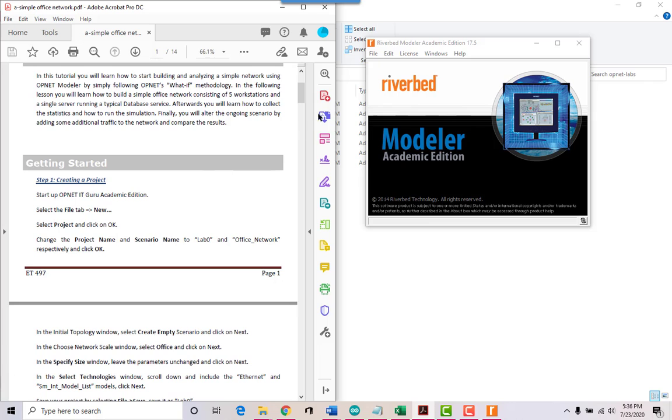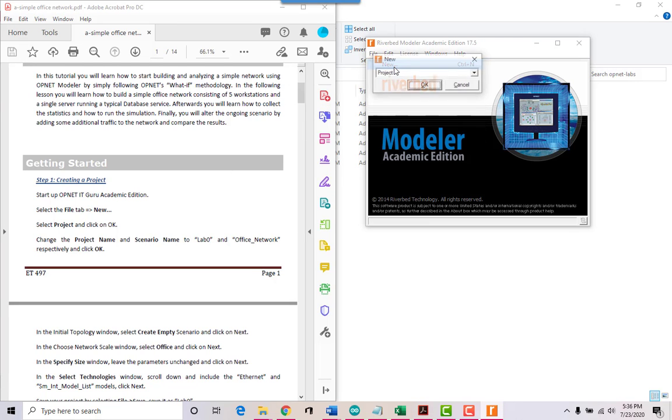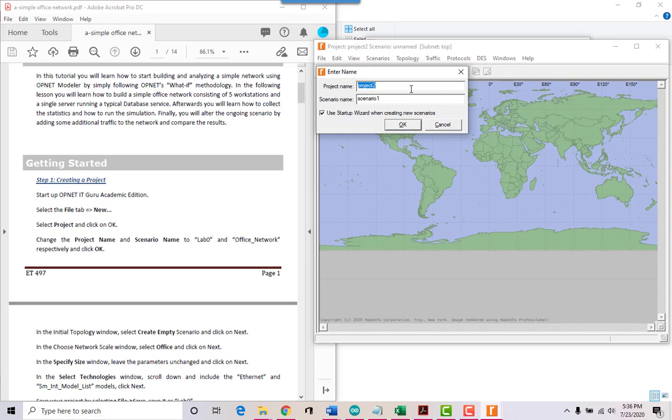Creating the project, just go to File, say New, and then select the project. Label your project name and scenario, so it'll be Lab A, for example, Office Network.